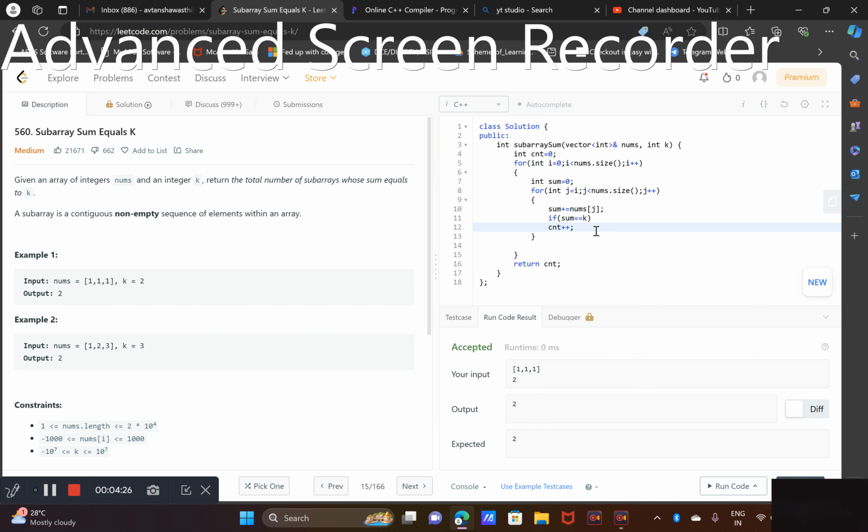Yeah, but if this approach does not work and we get a TLE, I will give you a non-TLE approach, meaning an optimized approach. Basically, if this question was about positive integers, as we are given values from minus 1000 to plus 1000, so it contains negative numbers also. But for a different type of question in which only positive numbers are given, it can be solved using a sliding window, meaning we will initialize two pointers,